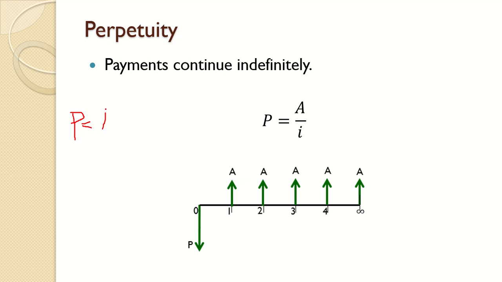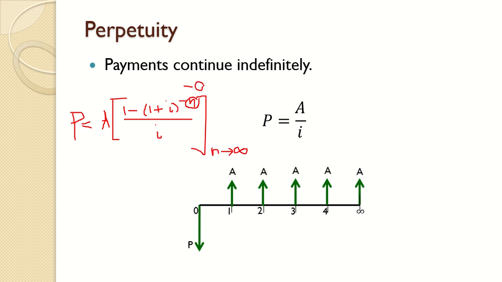That's P is equal to A times the quantity of 1 minus (1 plus i) raised to negative n, all over i. Now take note here that n is approaching infinity. When you change this to a very large value, let's say negative 999,